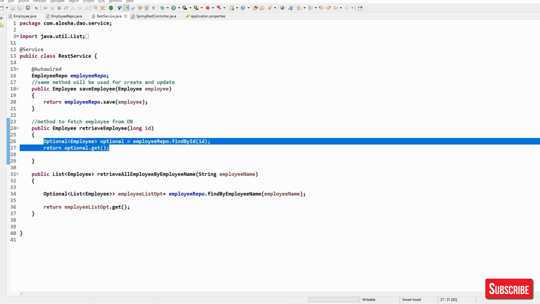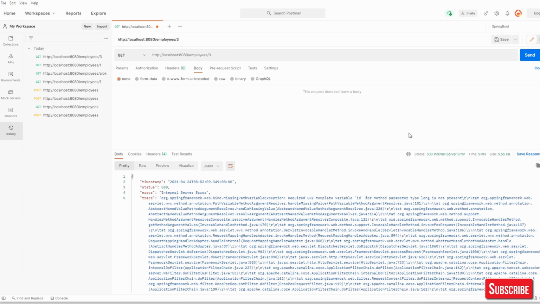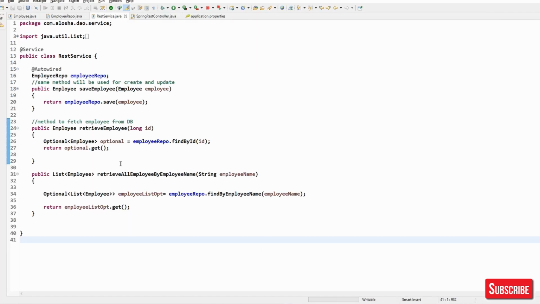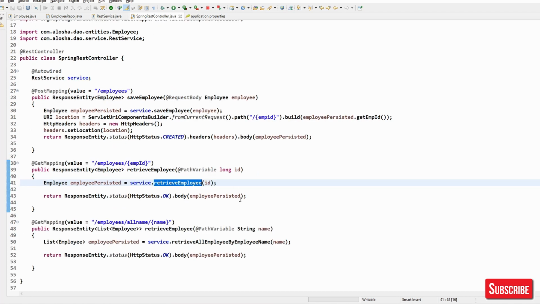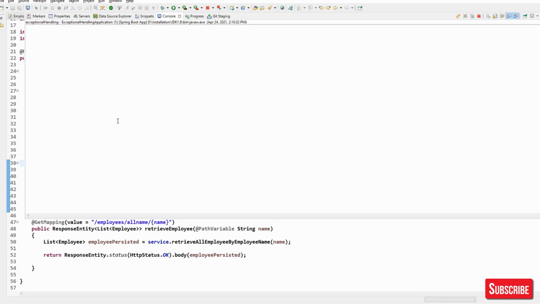So we'll go with 3, as we have not created it. And now you again see a 500 internal server error, required URI template variable ID for method parameter. Sorry, I have to first change this in my controller. Same name, good, it got restarted, very good. And that's the magic of developer tools. It gets restarted as soon as I make any change in my project.